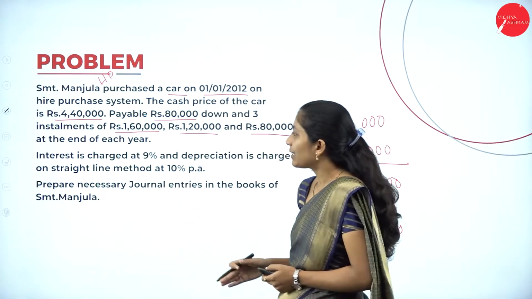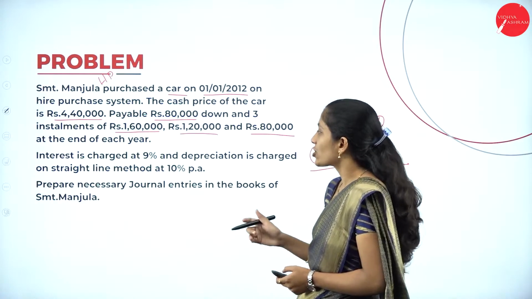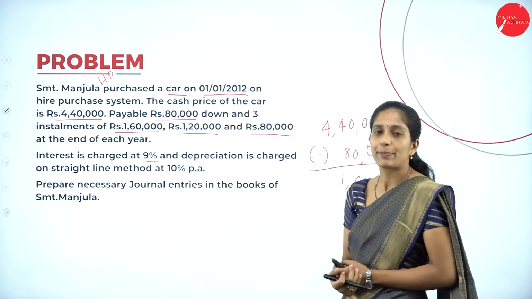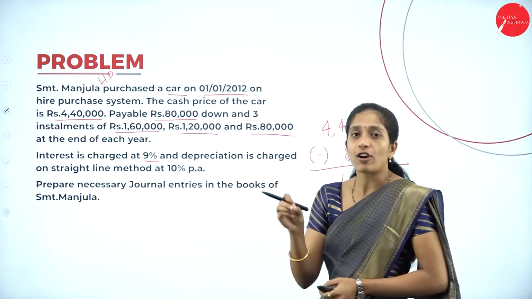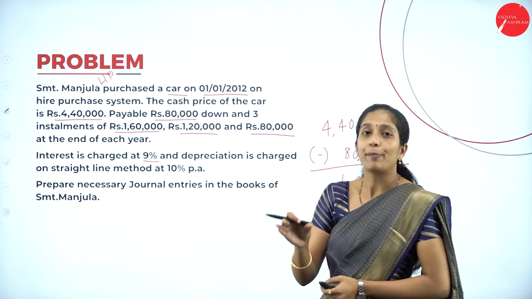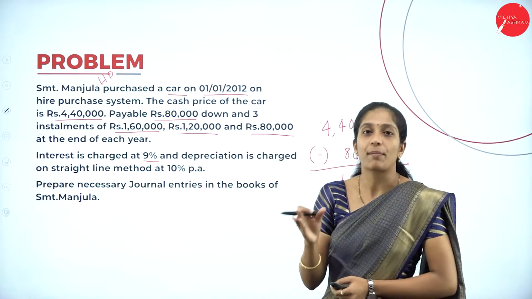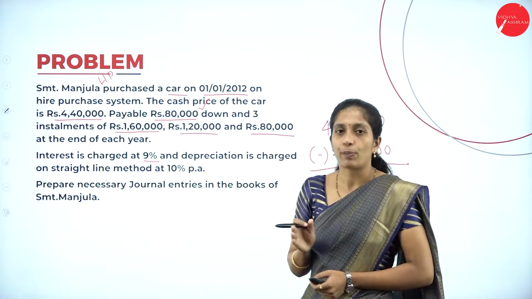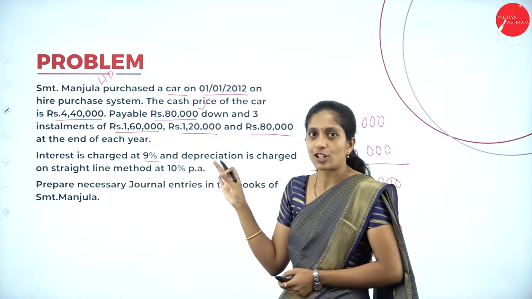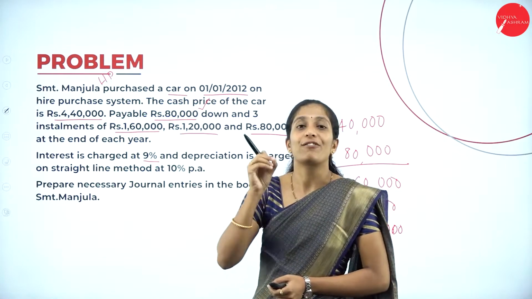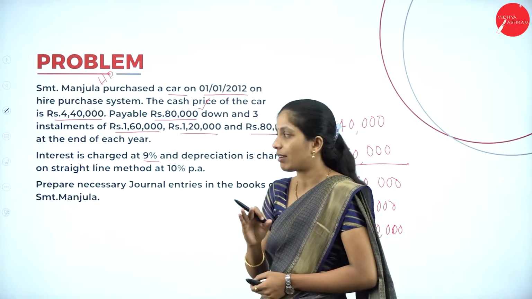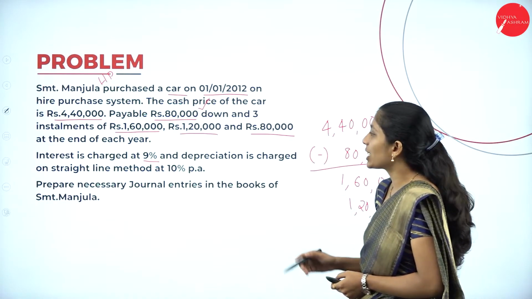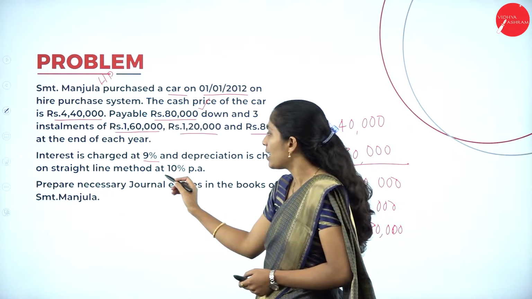Now what other information have they given? Interest is charged at 9%. What do you mean by interest is charged at 9%? Here on the date of delivery, the hire purchaser will pay some amount which is known as what? Down payment. In this problem, 80,000 is the down payment. The rest of the amount has to be paid in the form of installment along with interest. So here interest they have given 9%, and depreciation is charged on straight line method at 10%